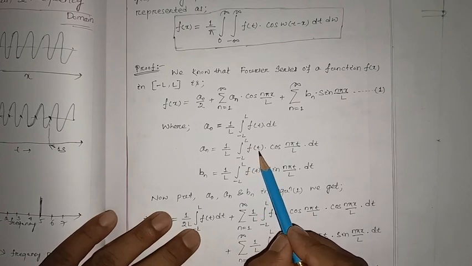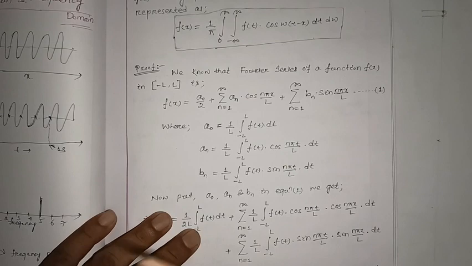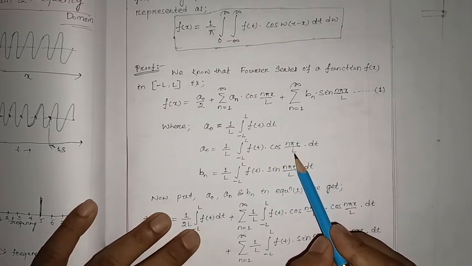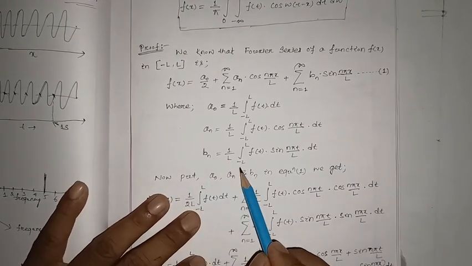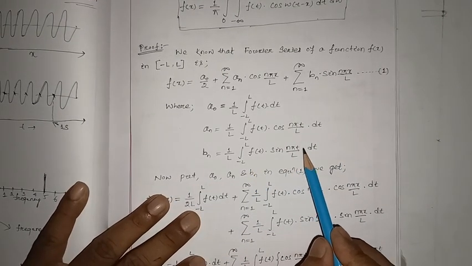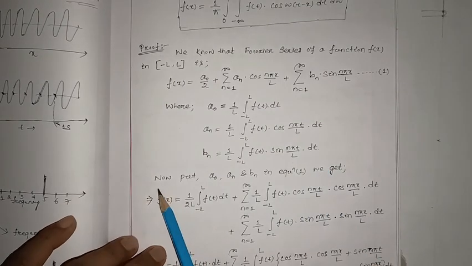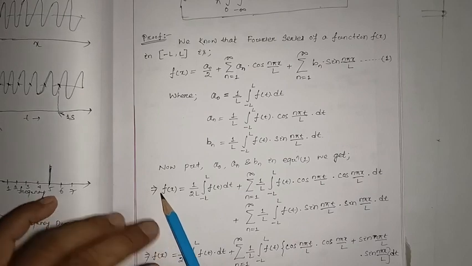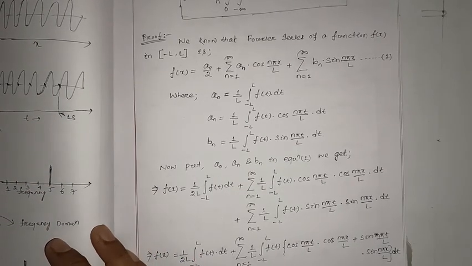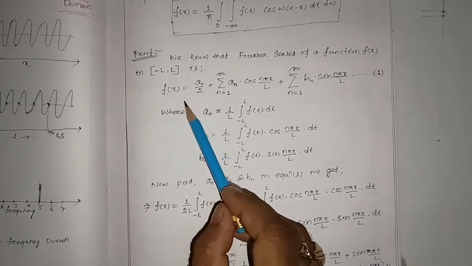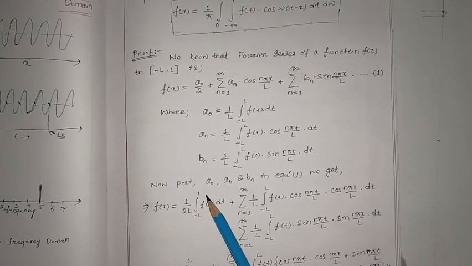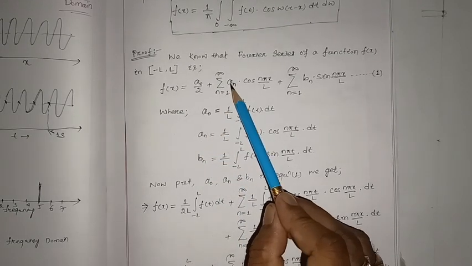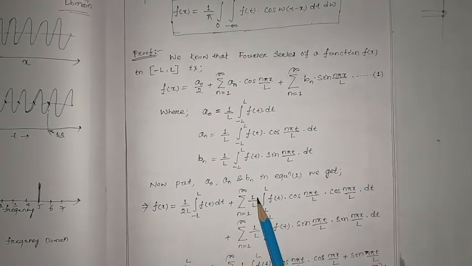Actually it has to be written as f(x), but as we discussed, spatial to time domain is possible, so f(t) cos(nπt/L) dt, and bn will be (1/L) ∫ from -L to L of f(t) sin(nπt/L) dt. Now put a0, an, bn in equation number 1, we get f(x) equal to, here 2 is already there, so this will be (1/2L) ∫ from -L to L of f(t) dt. I have just substituted an and bn here, so